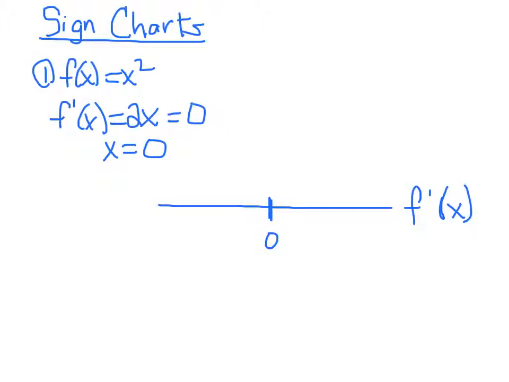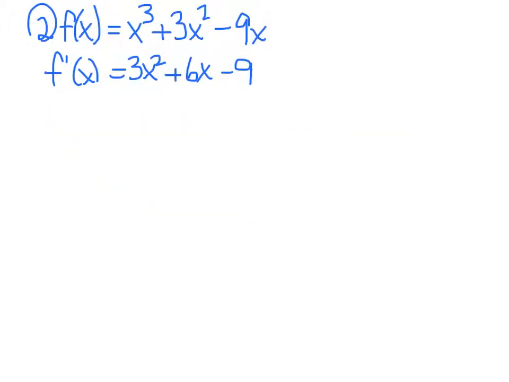Now, to make a sign chart, what we simply do is pick a number that would be less than 0, and a number that's going to be greater than 0. And since we're doing a derivative sign chart, we're going to put it into the derivative. So let's say we pick -1. Basically, we're going to do 2 times -1, which is -2. So since this number here is a negative,